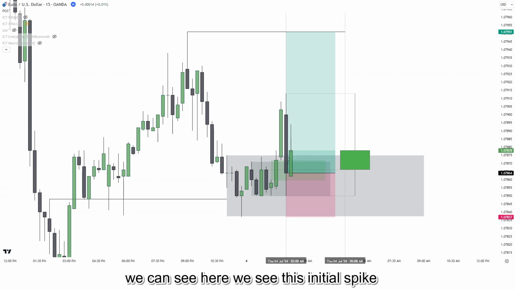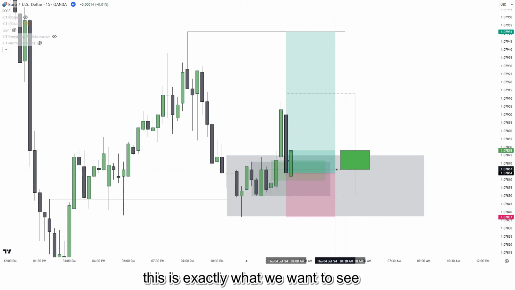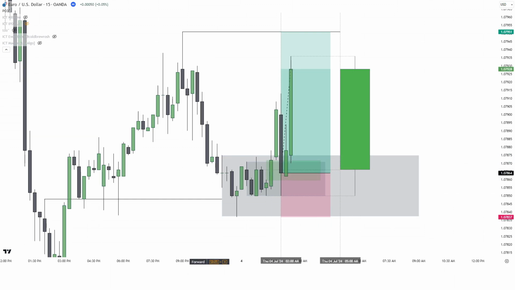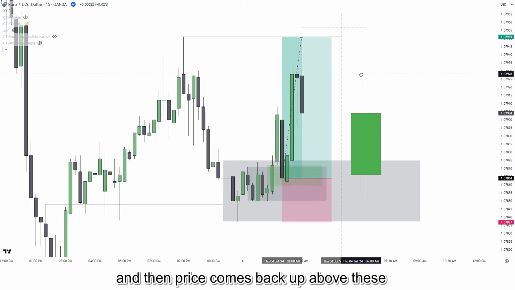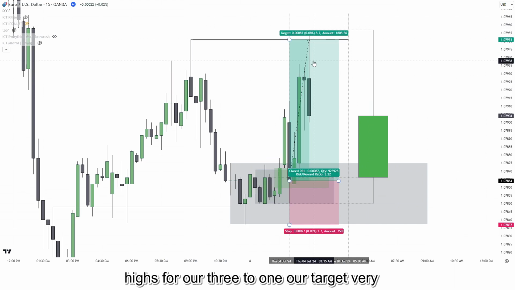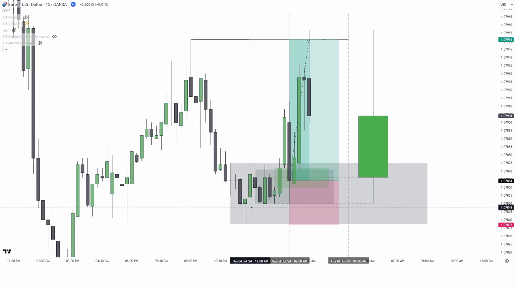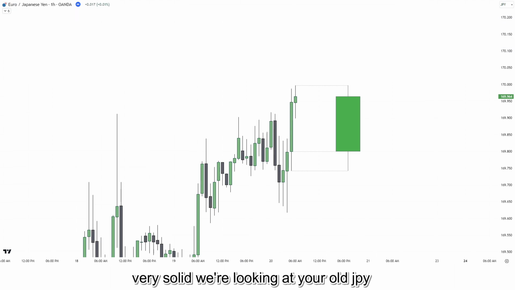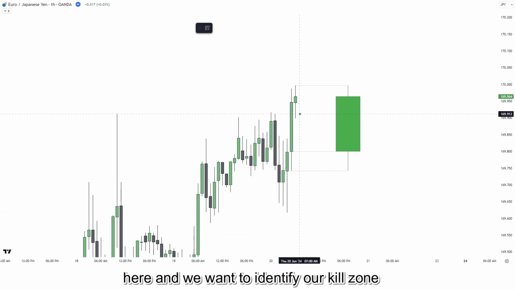We can see here, we see this initial spike higher, back up above that opening price. This is exactly what we want to see. And then price comes back up above these highs for our 3-to-1 R target. Very, very solid. We're looking at Euro JPY here, and we want to identify our kill zone, which is between